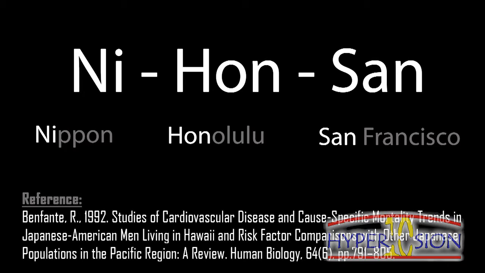A really good example of this was seen in the Hyper10sion study initiated in 1965. This study compared different rates of cardiovascular disease and other risk factors of Japanese men living in different cities in Japan and America. The Hyper10sion study, loosely meaning the Japanese 3, investigated Japanese men living in Hiroshima and Nagasaki, Japan, in Honolulu, Hawaii, and in the San Francisco Bay Area, California.